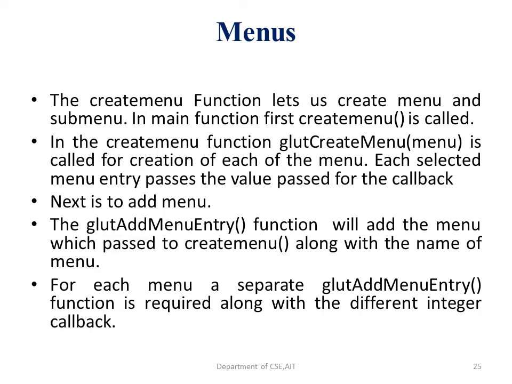For every menu we will have a separate glutAddMenuEntry function, which will be used for calling that particular function by making use of the unique identifiers. So these unique identifiers are the ones which will be used for calling a specific menu. This will be done by using glutAddMenuEntry. So this is the flow. First we'll create the menu, then the submenus, and everything will have a number, and this number will be associated with the actions, and I am going to call that menu with respect to the number.